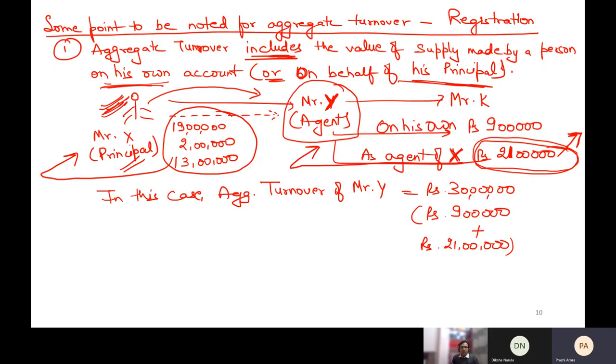Yes, sir, clear. Because technically these are supplies, even if a supply is between the principal and an agent. To remove corruption, because when you have more exemptions and deductions, corruption is promoted. So tomorrow, when any raid happens, or any businessman says that I am the agent of the principal, so it should not be my supply, the government removed all such obstacles, so that even if supply happens between principal and agent, it is a supply of these people. Point clear or not?